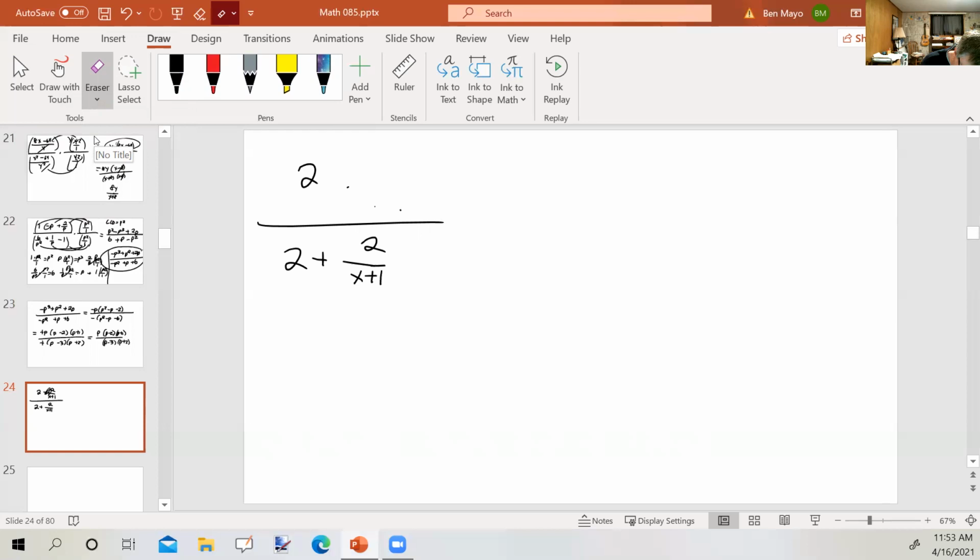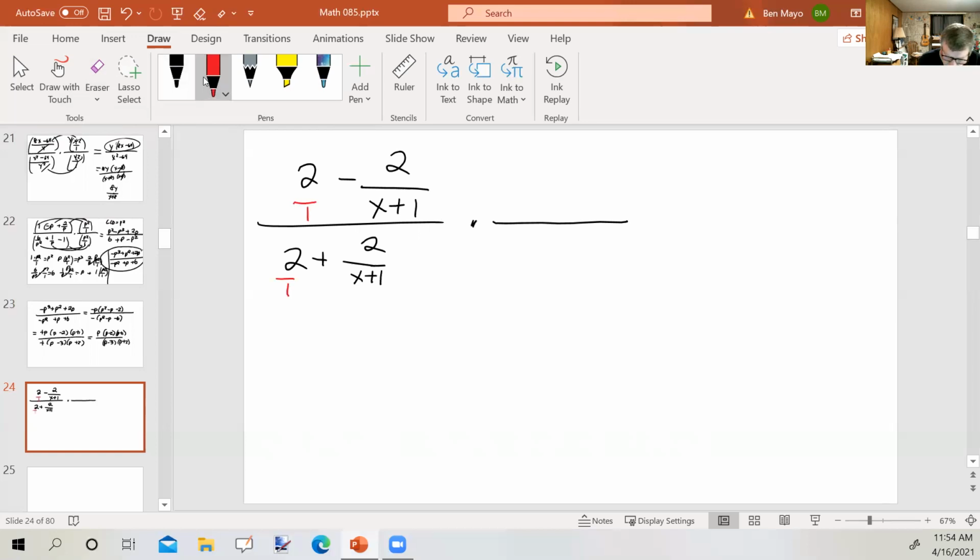And see if I can write it a little more legibly. 2 minus 2 over x plus 1. So my implied denominator here and here is a 1 and a 1. So basically my least common denominator is just x plus 1. So I'm going to multiply by x plus 1 over x plus 1